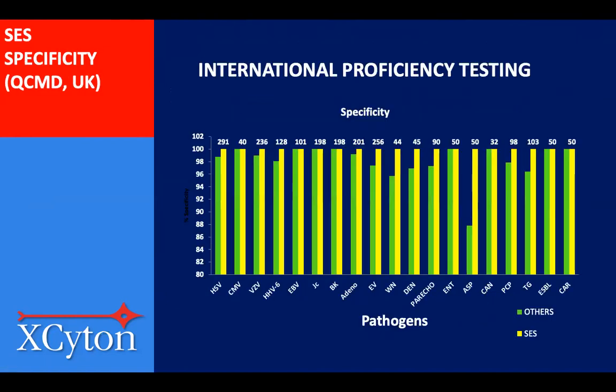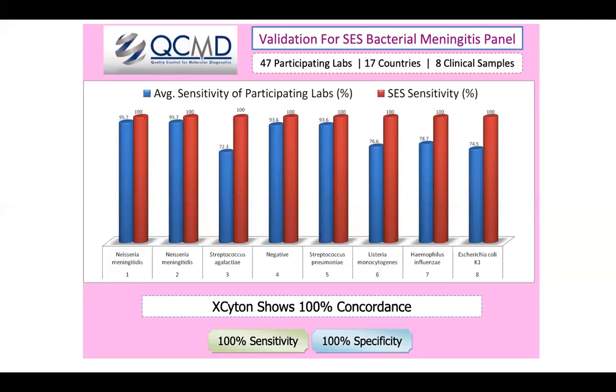Now let's look at specificity of this proficiency. Again, yellow bars here represent XCyton's data. They're 100% in all the cases. Specifically, we've also tested against panels which are meant for multiplex assays like ours. When we do that, you can see this is for bacteria, Neisseria meningitidis. We have identified correctly. Rest of the labs 95%. And when it came to Streptococcus agalactiae, we got 100%. Rest of the labs put together, aggregate is 72%. This is the negative, correctly identified. Strep pneumoniae, 100%, and Listeria monocytogenes here, and Haemophilus, and